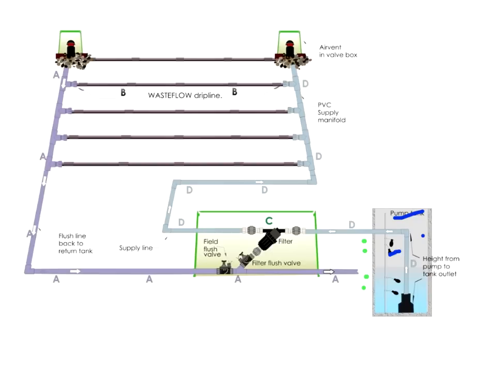Some counties and states don't allow you to do this. Some do, some don't. But it goes from there through a filter. And generally we're talking of either 100 or 130 micron filtration. Okay, this is through the filter and out into the field. And then it will go through a supply manifold, through the drip line, back to a flush manifold, and back.